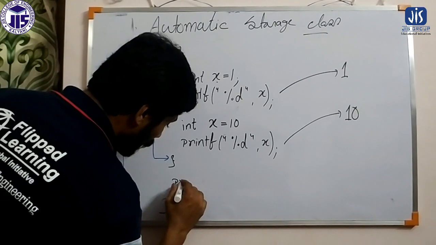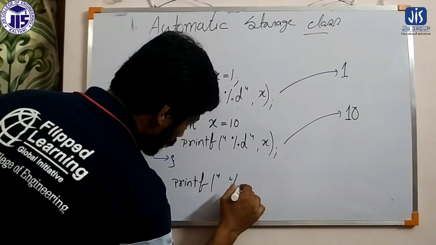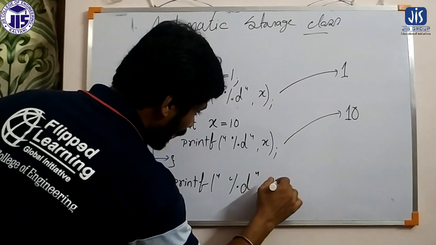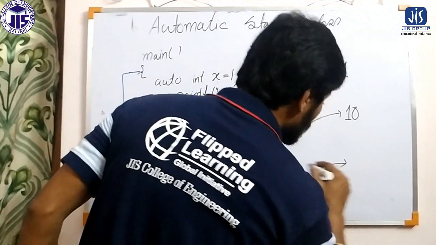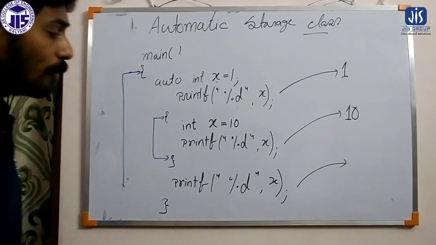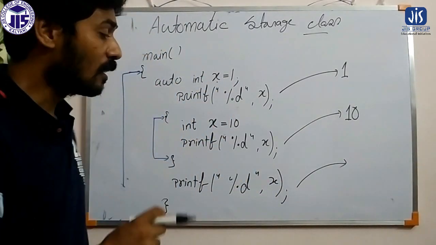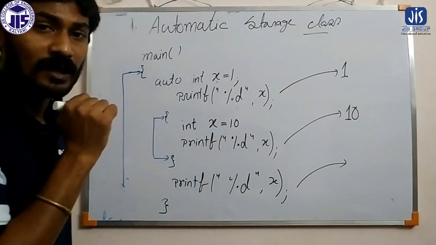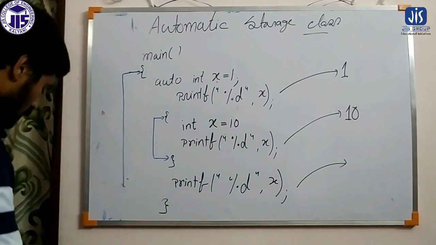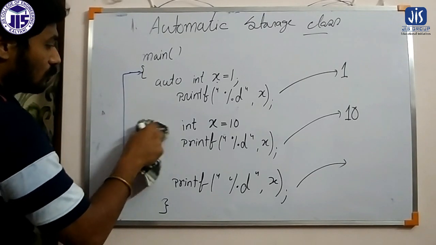if I print the value of x again, what output will we get due to this x variable? That is the question. Will it be 1 or will it be 10? Because once we have assigned 1 into the x variable, then we have assigned 10 into this x variable. If we are not mentioning this, if there is no,